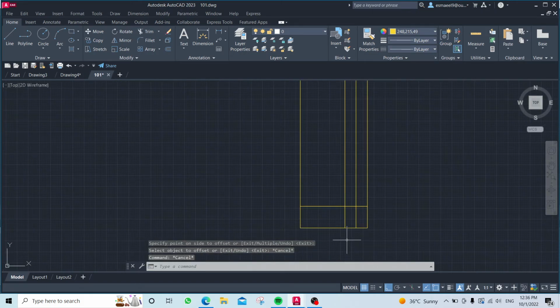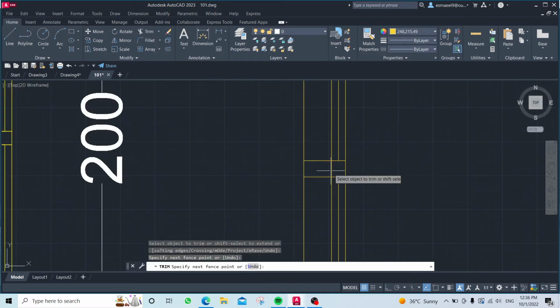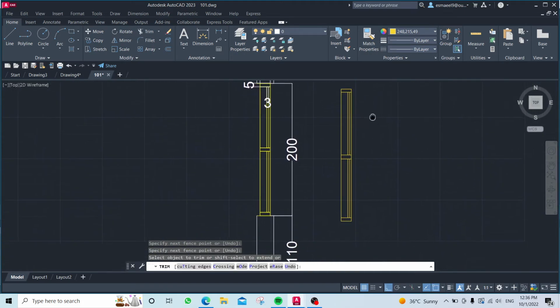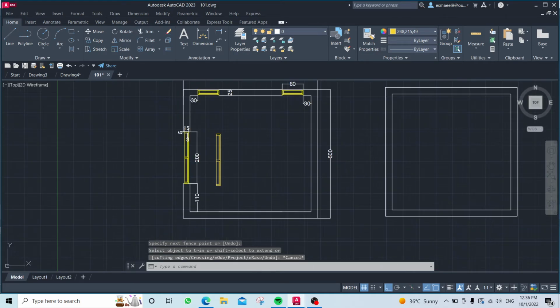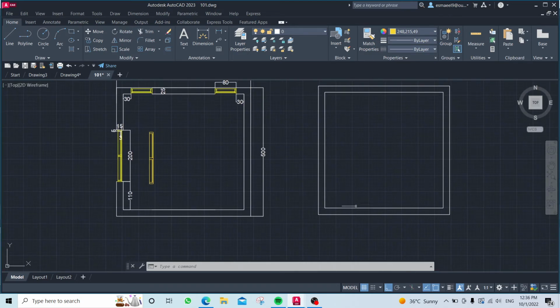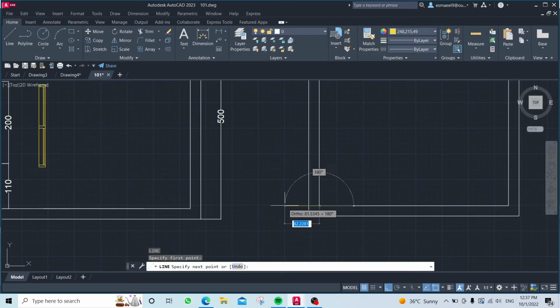Now zoom in, TR, double space, delete this, and delete these 2 lines. Now we do have our window. So now I will just come to this place. It's 110. So what I will do is I can either just draw a line L like this, bring it from this point, skip,